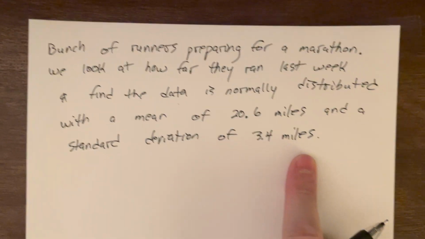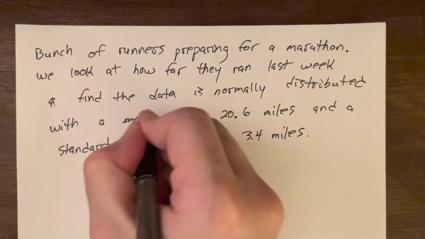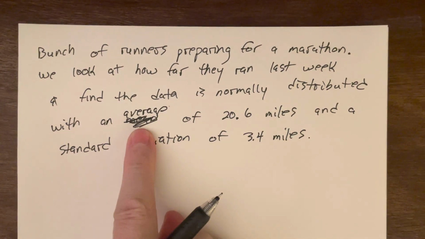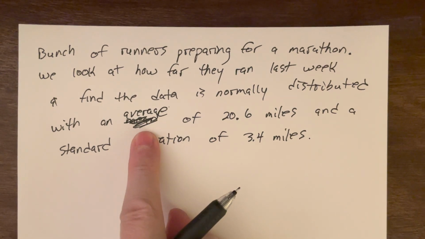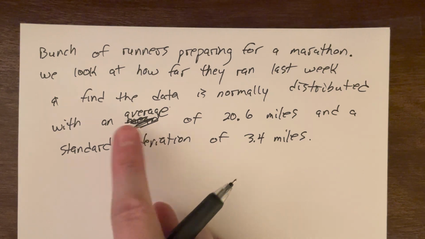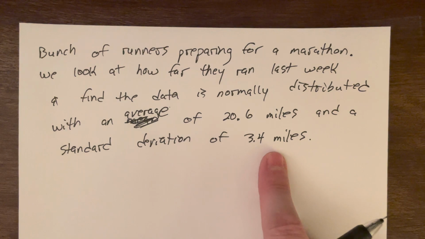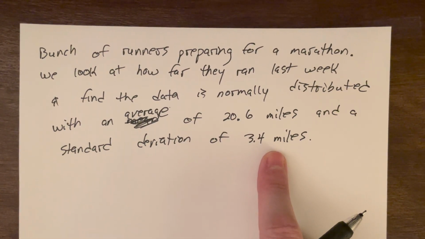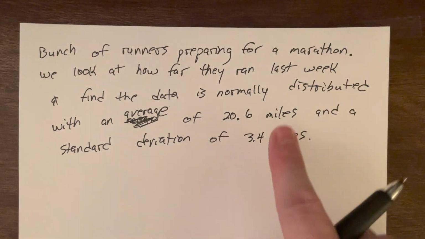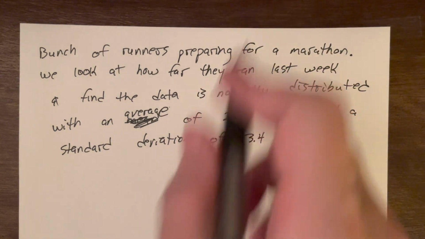A lot of information given. A couple of tiny little things. Sometimes instead of saying with a mean, they'll use the literal word average, but we understand that in statistics, that idea of average is the same thing as mean, so not to be fooled by that. There's no synonym. There's no way to hide the standard deviation. So these two values are given. Realize we already spent a lot of time talking about the importance. So if you were really starting from scratch, you'd have to already have these values computed. But since we do already have them, now we can jump in.